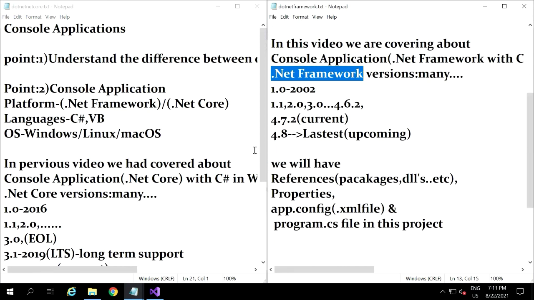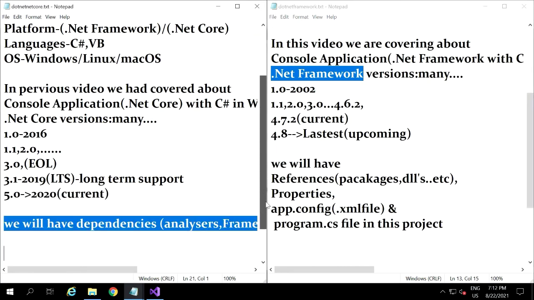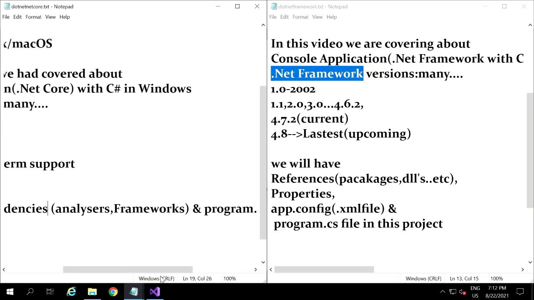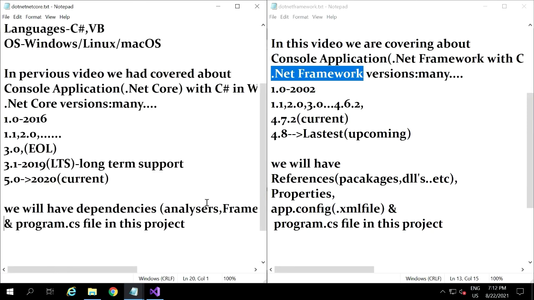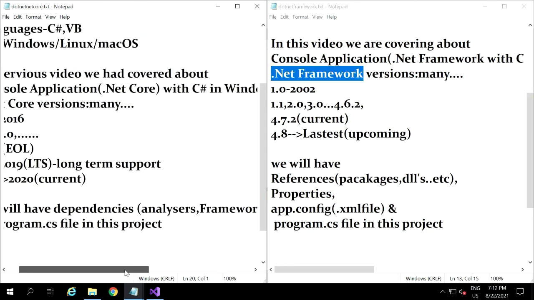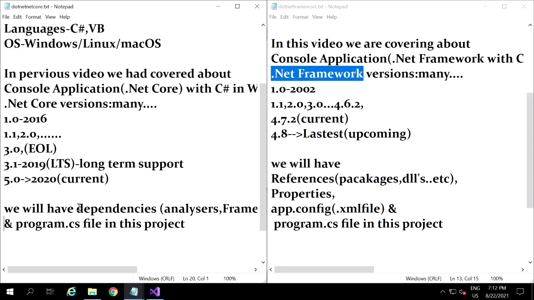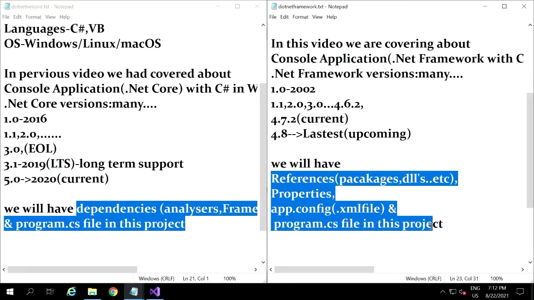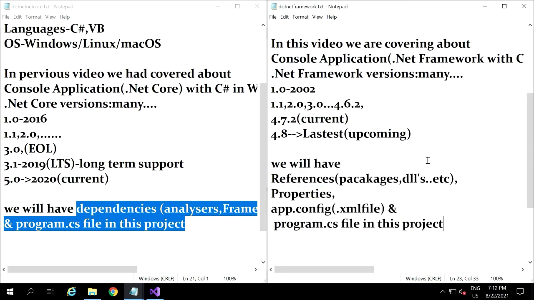The entire thing is the same, but after creating, the files they give are the only differences we have observed. Like in .NET Core, we have only dependencies and program.cs file. Where coming to .NET Framework, we have some more, extra things we can say, that is references and properties and app.config.